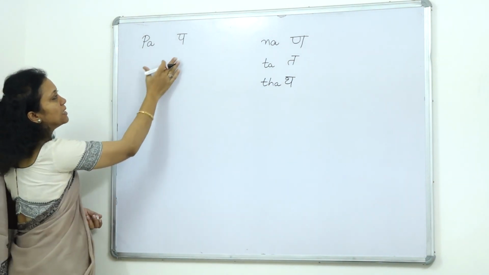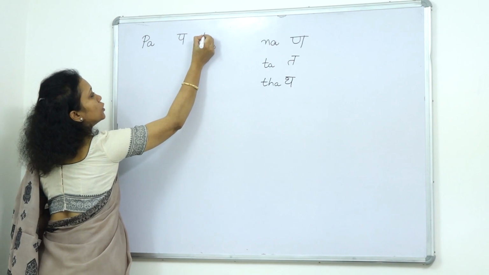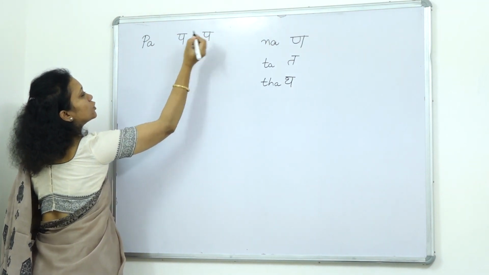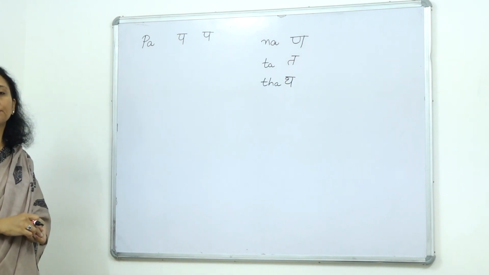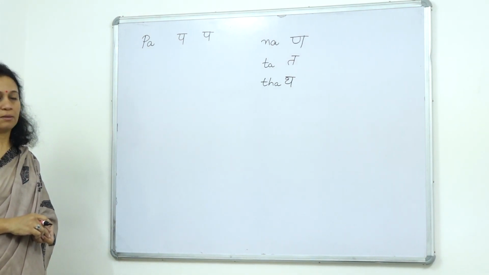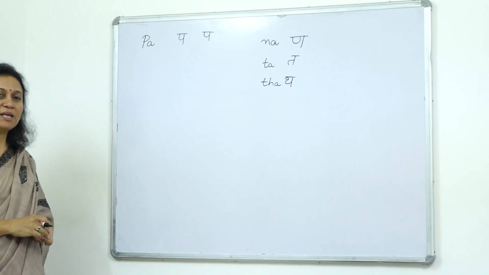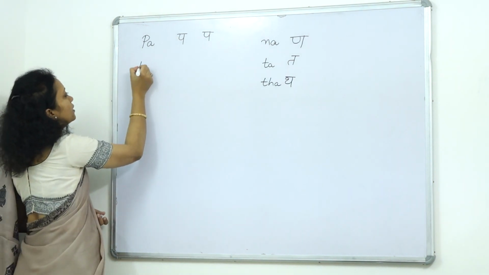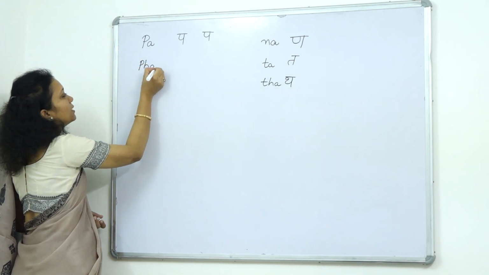So this is P. So we have a U and then we get the line down and the top. So that's P. So the next aspiration for this would be Ph. Absolutely. So when we do Ph,